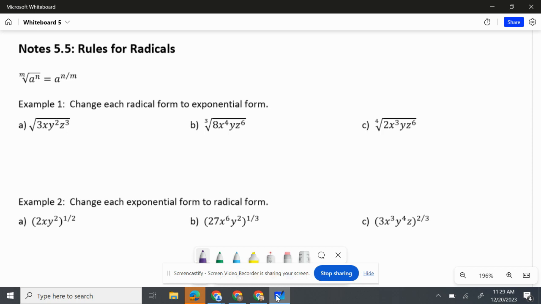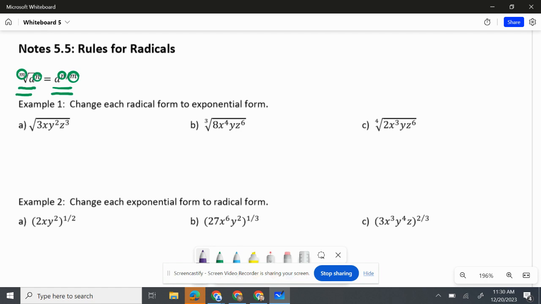What we're going to do is continue with rules for radicals. We're going to be looking at how to change radical form into exponential form, and we're going to do the reverse. We're going to change exponential form into radical form. What we need to recognize is that when we have an exponent, the numerator is our exponent, the denominator is a radical. So when we're looking at example 1, we're going to change the radical form